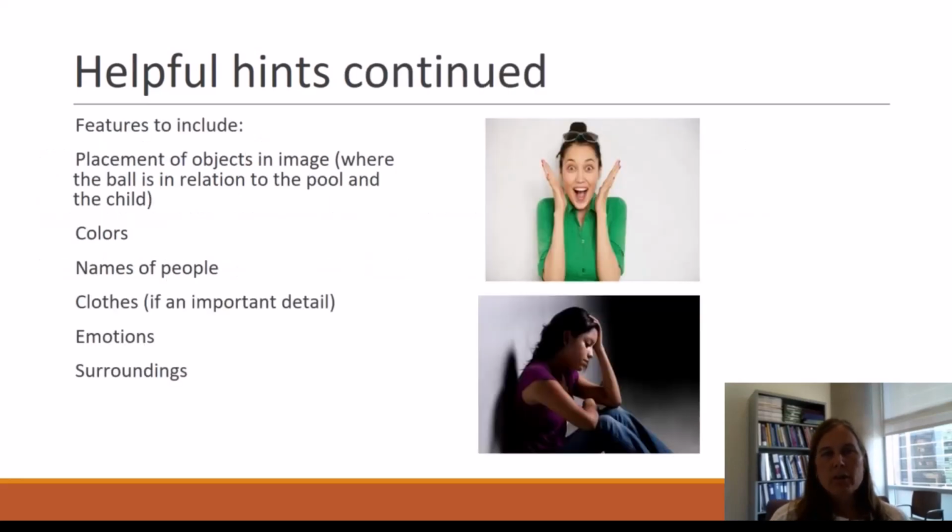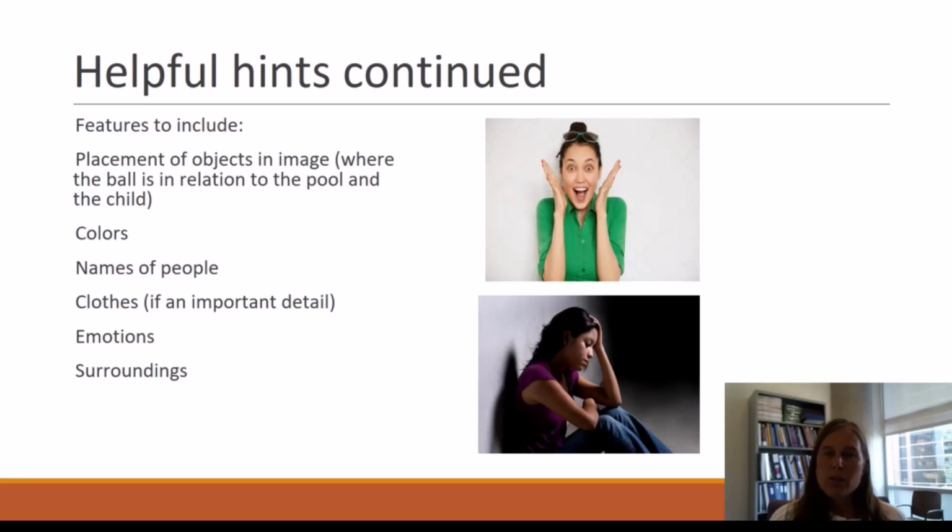understand it. Some other helpful hints to consider. Think about the placement of the objects in the picture. On that picture with the pool, you want to know where the ball is in relation to the pool and the child. Colors, if they're important or not. Names of people. For these two images, I wouldn't need to include the name of the people, but if it's someone famous, if it's a picture of Barry Bonds hitting a home run or something, then you would need to include that information in the